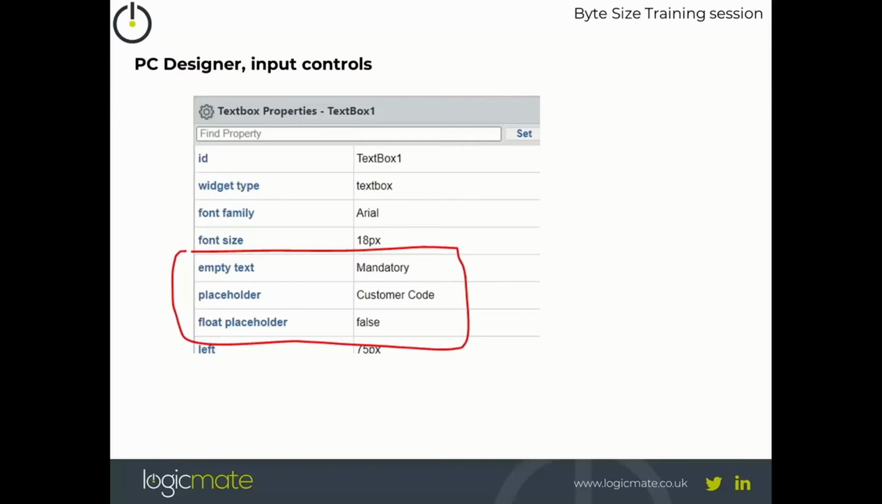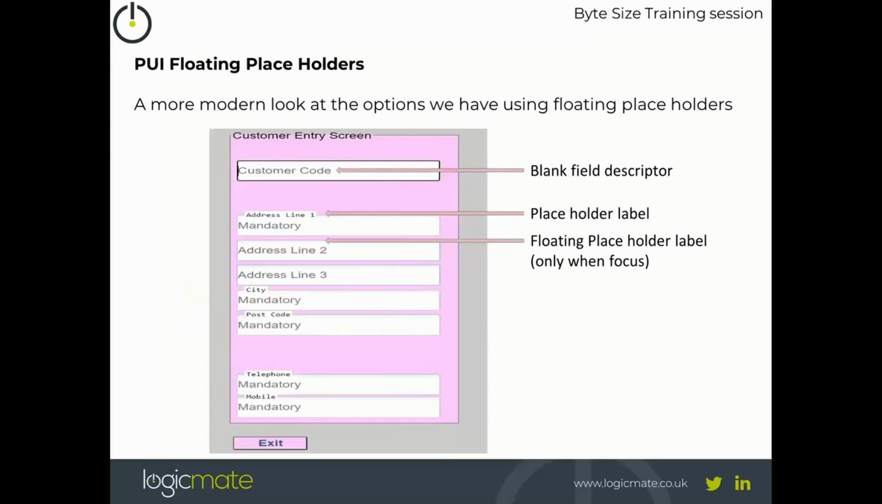And then we have a placeholder which floats within the frame of the input control. In this case, it's customer control, and I can then say whether that placeholder floats or doesn't float, so I can switch it on and off. So the next screen that you'll see is